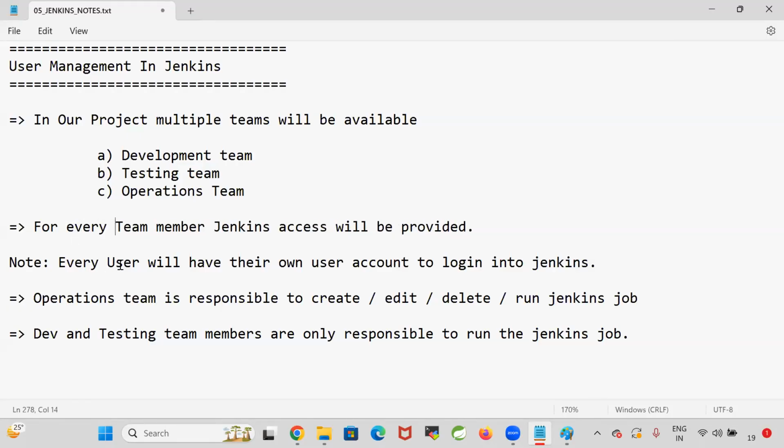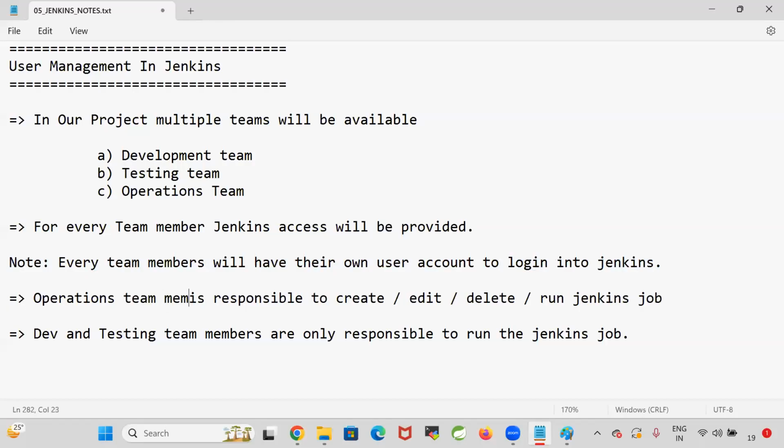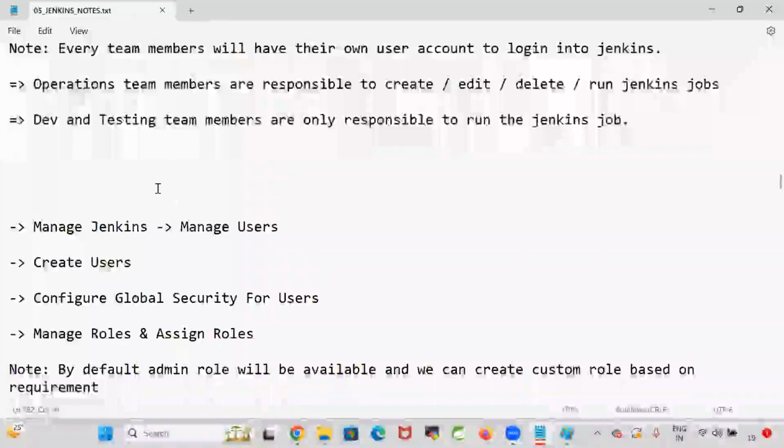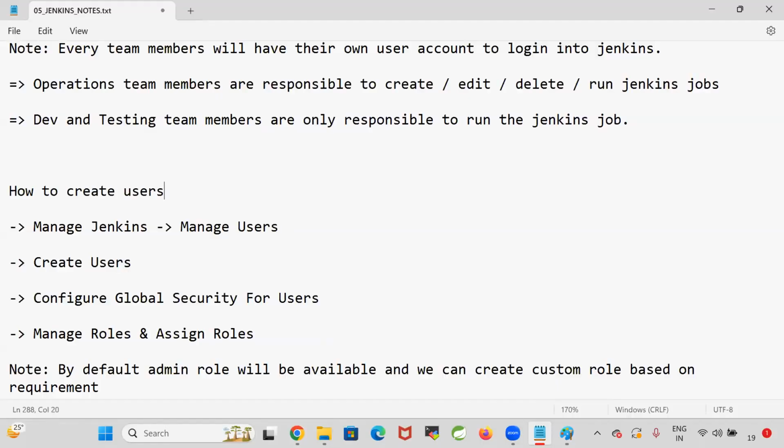That means every team member will have their own user account to log in into Jenkins. Operations team members are responsible to create, edit, delete, or run the Jenkins jobs in the project. Dev and testing team members are only responsible to run the Jenkins job. Now, how to create users and manage permissions? Okay, so here I will show you how to create the user and how to manage the